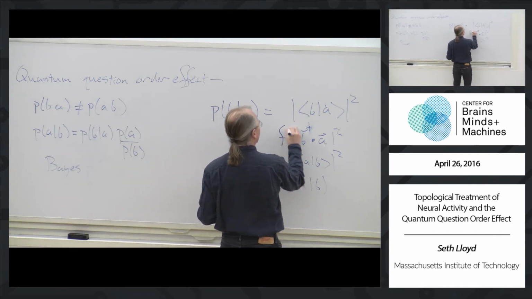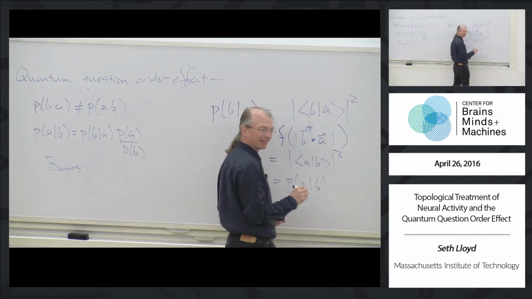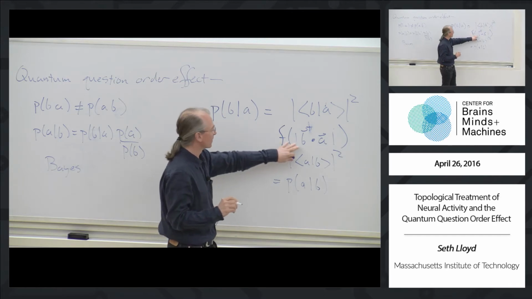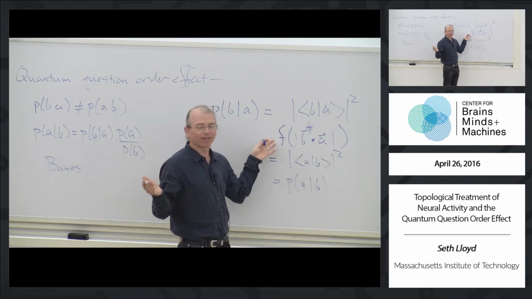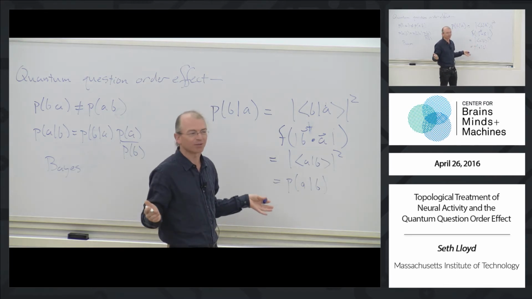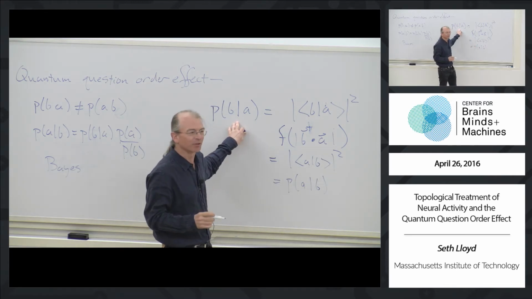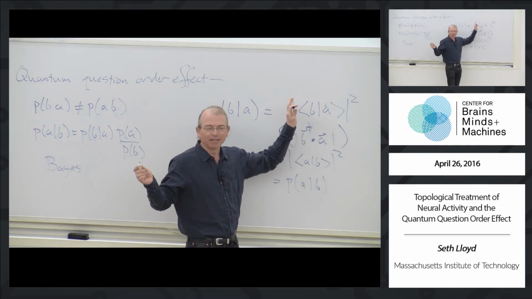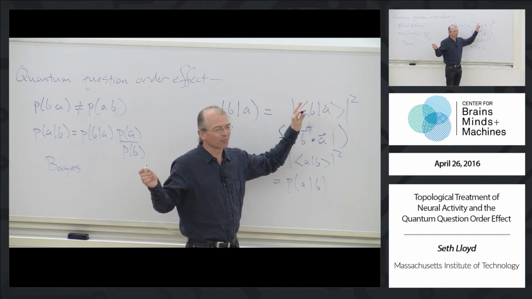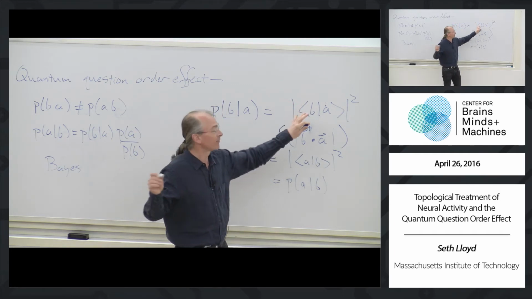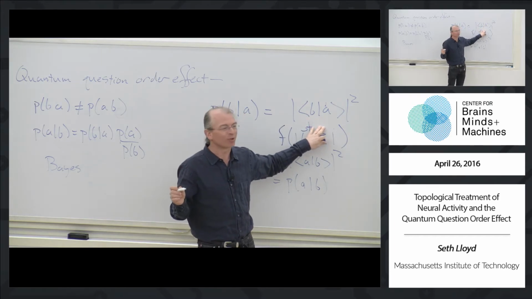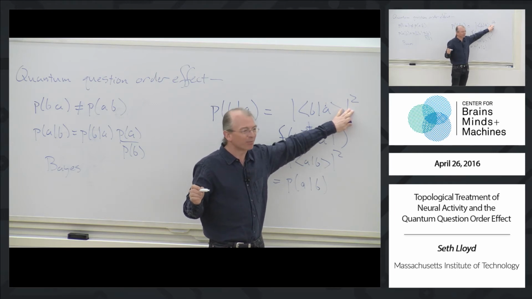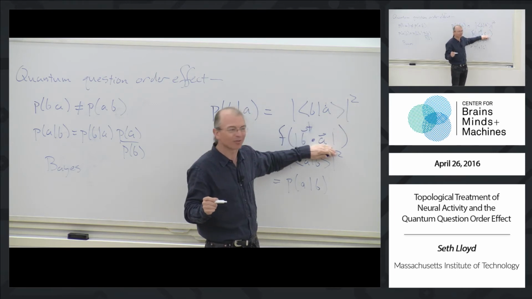So it's got to be not any function. Sorry, yes. Any positive function of this will do it, right? Because this is symmetric. The magnitude of the inner product is symmetric in A and B. It doesn't have to be the square, which is what's called the Born rule. For some reason, in the literature, people always assume that these things obey the Born rule. It does not have to be that way. So if you happen to read some of these papers, you don't actually have to have this Born rule square here. That would be really getting pretty hard to get. It just has to be some function of this.